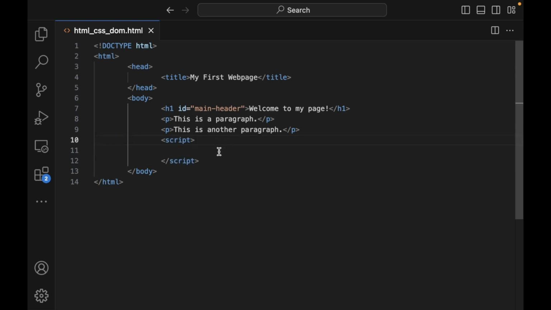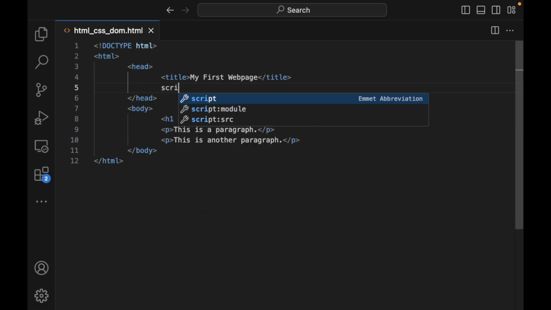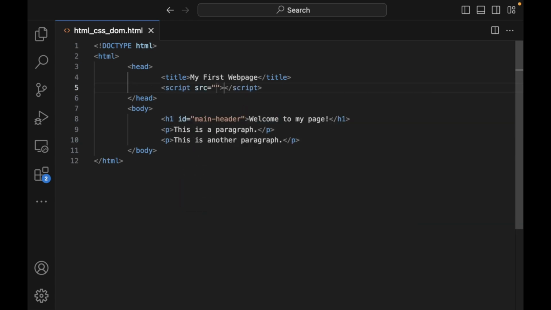So what we can do, instead of having it down here in the body like we've had before, is go up here and put it in the head, and we can do something like script src, and the src here is for our script, and we'll just call this script.js. Okay, something very basic here. We don't really need to change anything else, but then we would need to actually have